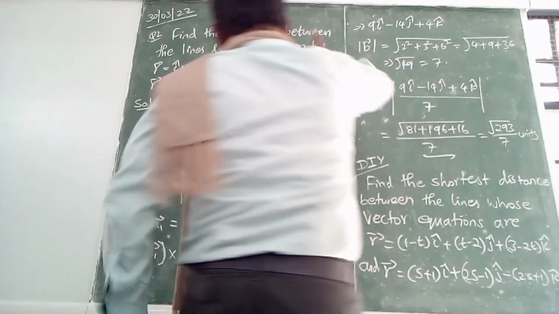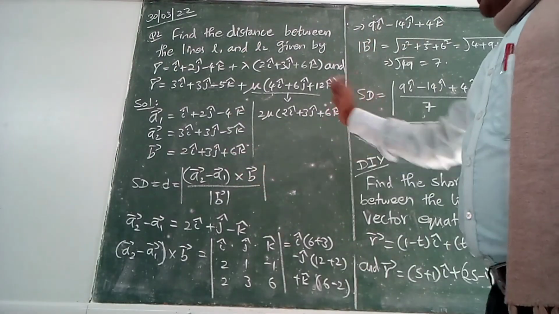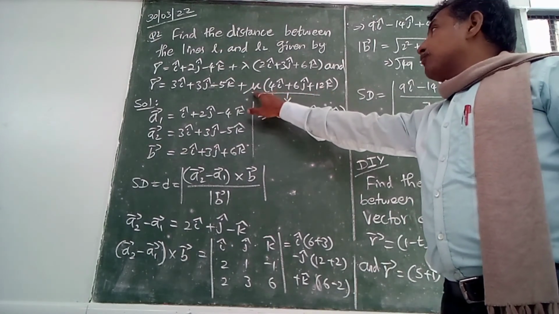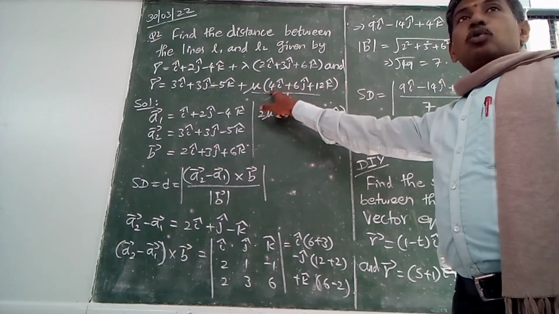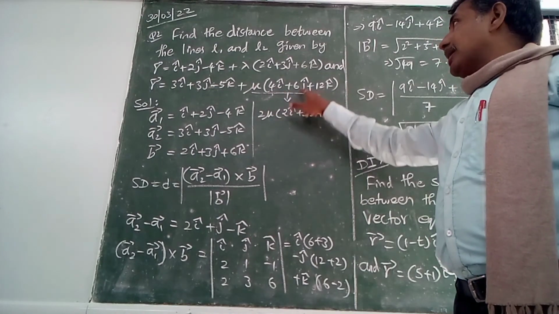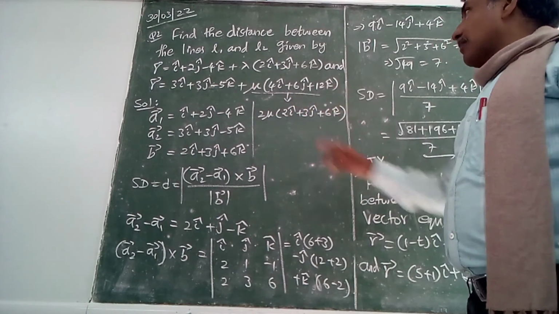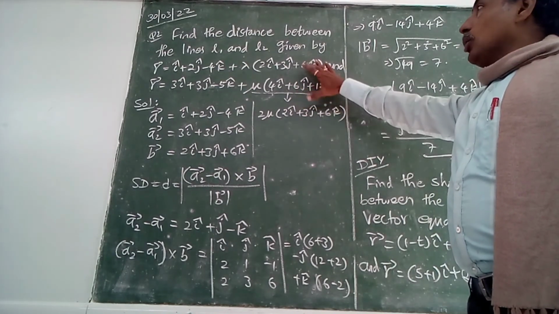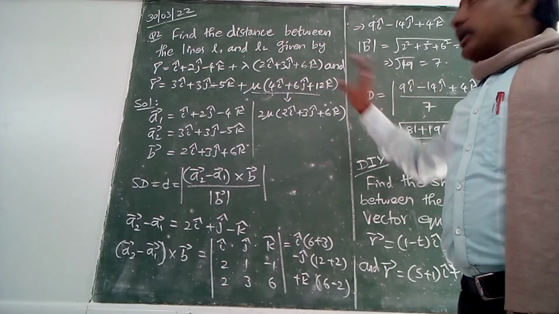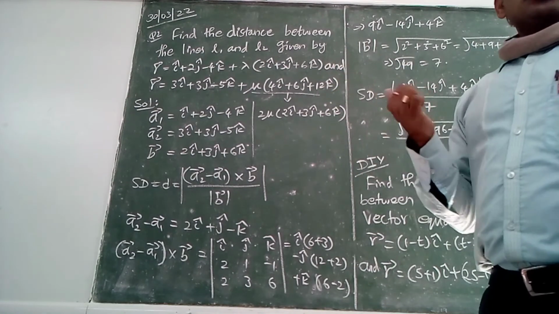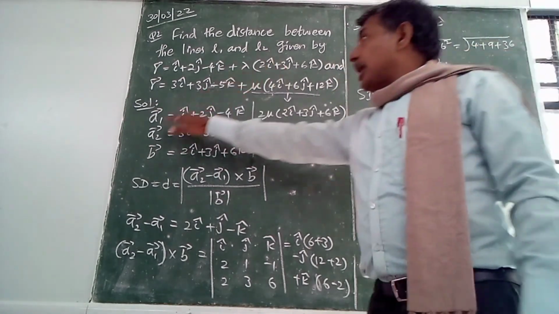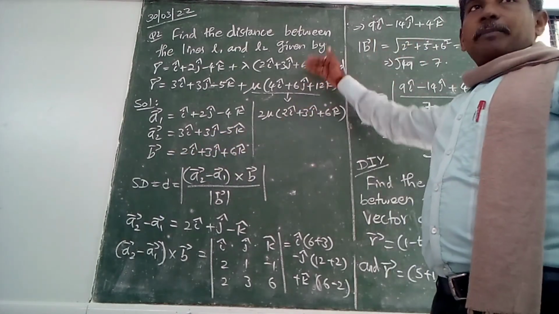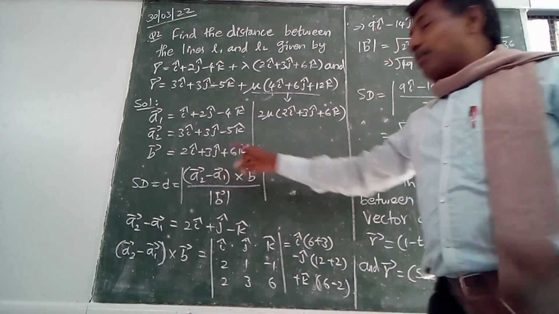By seeing this question, we can use the skew lines formula also. But if there is a common factor, you can take it out. So same thing, we can write this part alone. If I take 2 commonly out, then what will happen? 2i cap plus 3j cap plus 6k cap. Now we will look: both are the same. So these two lines are parallel. So the parallel formula you can use to find the shortest distance. Here A1 is this, A2 is this, and B we have taken as the parallel direction, 2i cap plus 3j cap plus 6k cap.